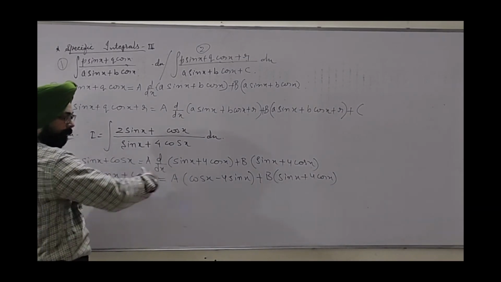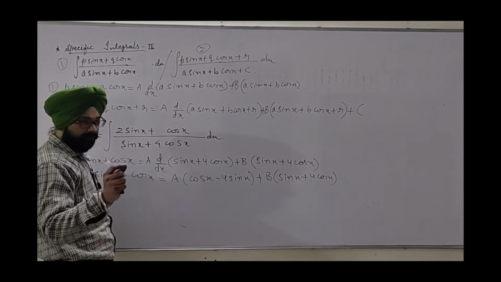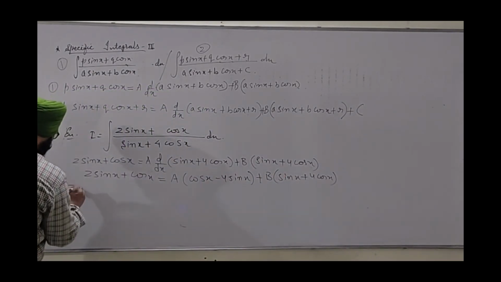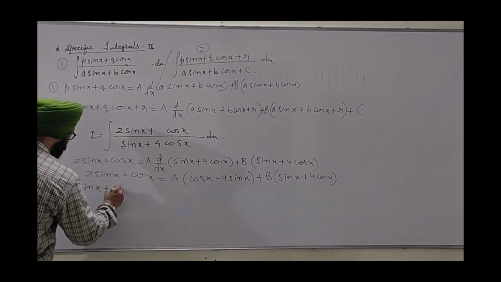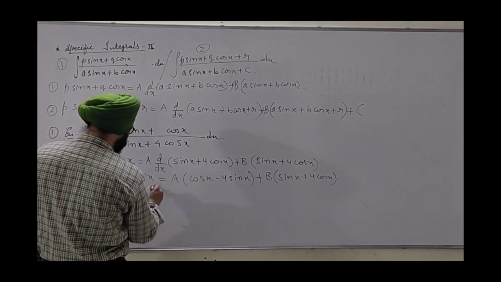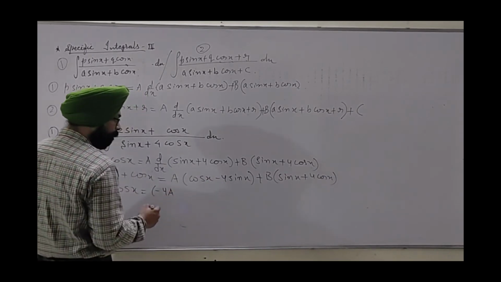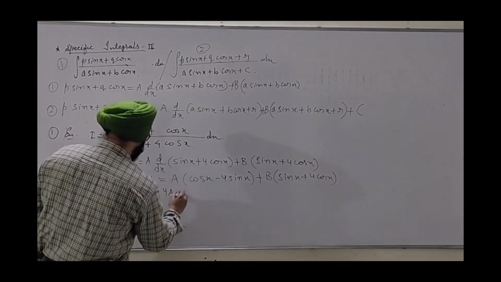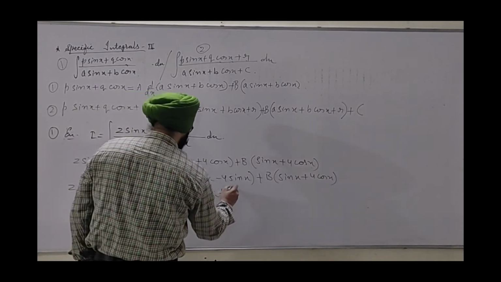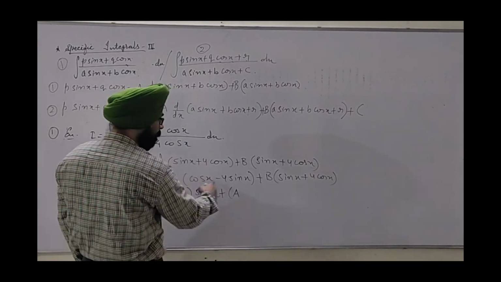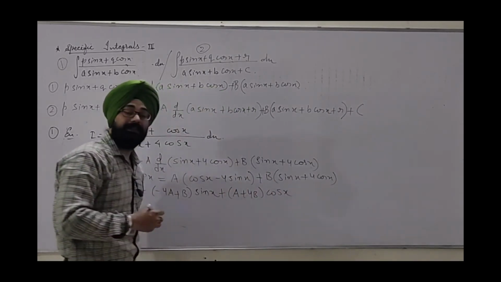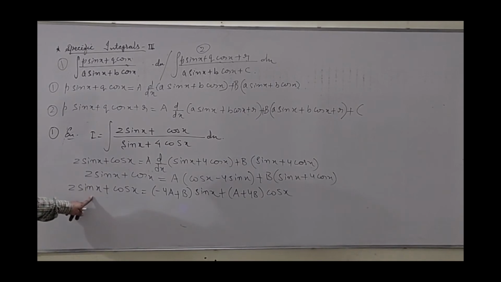Now on the right hand side we will open the brackets and fill up the terms, like terms of sin with sin and cos with cos. Let's see. Left hand side is still as it is. We have minus 4a, when a multiplied here with sin we get minus 4a sin x, and here we get plus b sin x. For cos we get a cos x, and here plus 4b cos x. I have written sin first and cos later because the left hand side also has the same pattern.